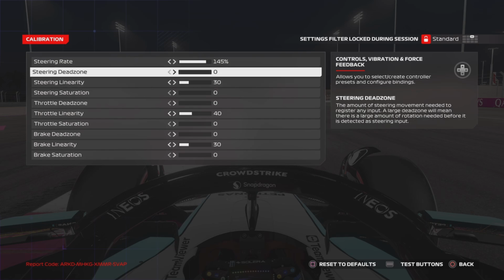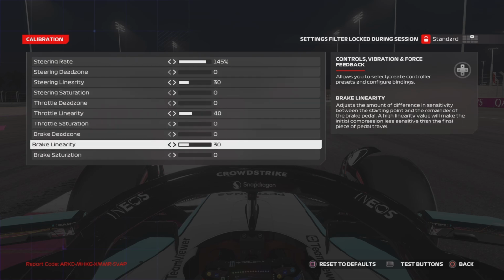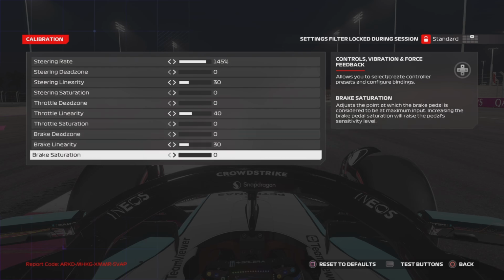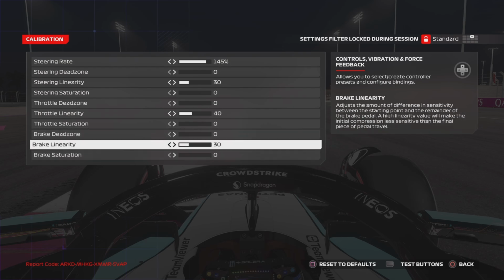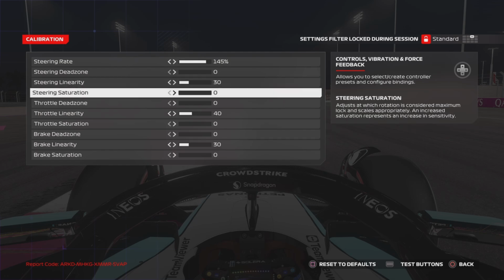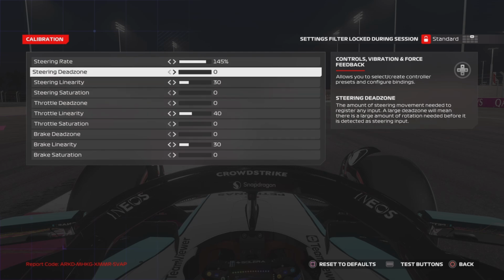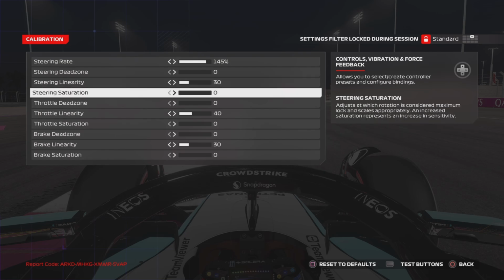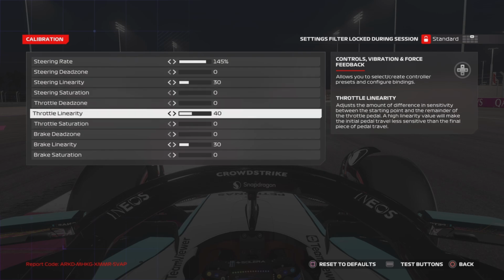Dead zone I have on 0 on all of them because my controller's fairly brand new and I don't need any dead zone. And then I put linearity for steering on 30 to make it smoother, so it's slower and smoother, so it's not any of this pointy business that everyone has been complaining about on controller, because it feels perfectly fine on 30 linearity for me, and throttle linearity on 40,